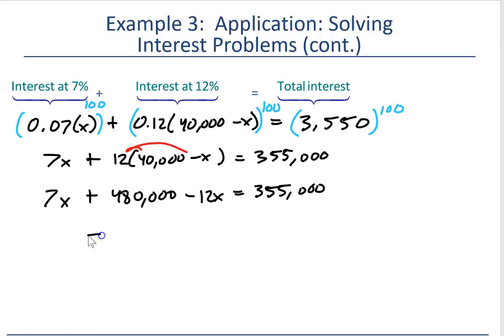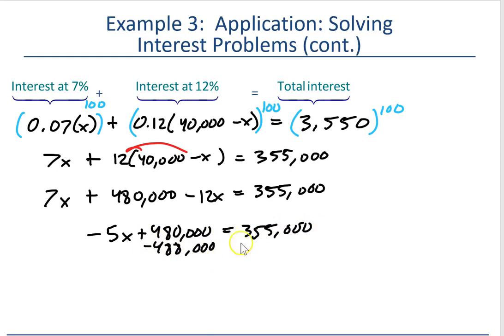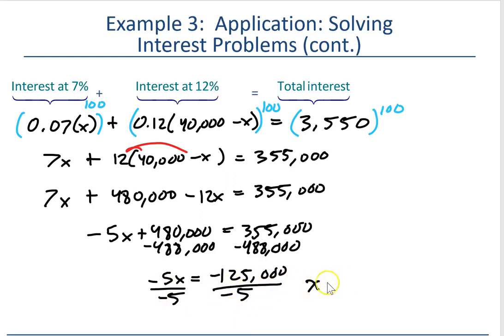Let's come in here, I've got the negative 5x plus 480,000 equals 355,000. Subtract off the 480,000 off both sides. Okay, and notice that is going to give me negative 5x is equal to negative 125,000. Divide by negative 5 on both sides, and we are going to get x is equal to